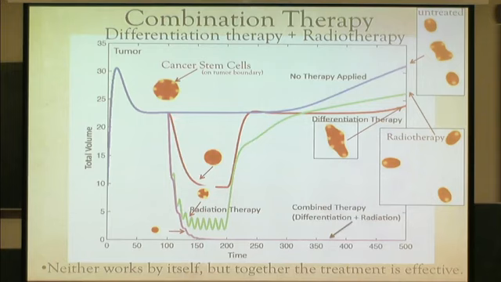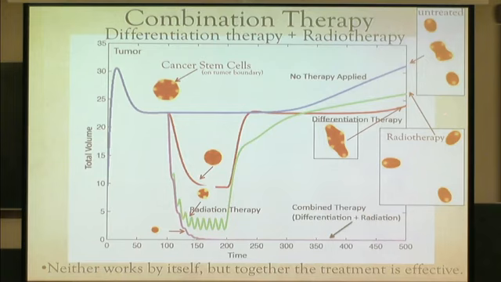Now, if you're in the state where the tumor shape is not changing too much, so that's this guy, then you could say, well, let's apply radiotherapy. And so you apply radiotherapy, you cycle, and you kill off a lot of the tumor, and you reduce the number of these stem cell clusters. But as soon as you turn off the therapy, you get a rebound, and then it grows quickly again, producing these fragments. If you try differentiation therapy, that's the red curve, you drop down the tumor size, you do a lot to get rid of the stem cell clusters, but as soon as you turn it off, it comes right back and it behaves just like you didn't do too much at all.